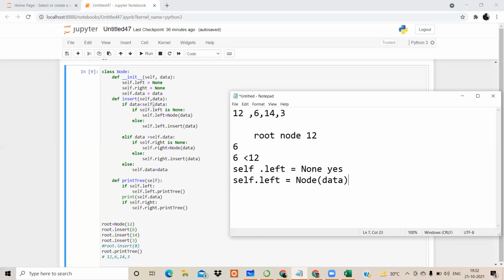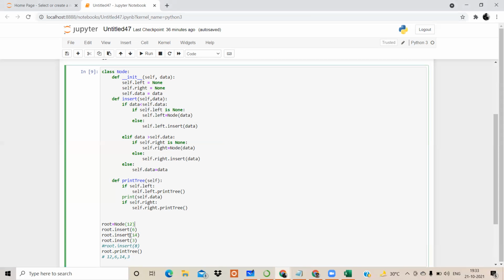तो मतलब अब जो ये 6 होगा ये नोड बन जाएगा, right? Exactly. अभी ये 12 के अंडर लेफ्ट हैंड साइड पे 6 ये नोड हो चुका है. So 6 will also have its left, that is none, and 6 का भी एक राइट होगा जो currently none रहेगा. That's basically what it is trying to tell. Next, obviously ये else if में नहीं जाएगा, else में भी नहीं जाएगा, because it has properly captured it inside the first step. Then it will check for this next insert statement. जैसे next insert statement देखा तो उसके अंदर value 14 है.